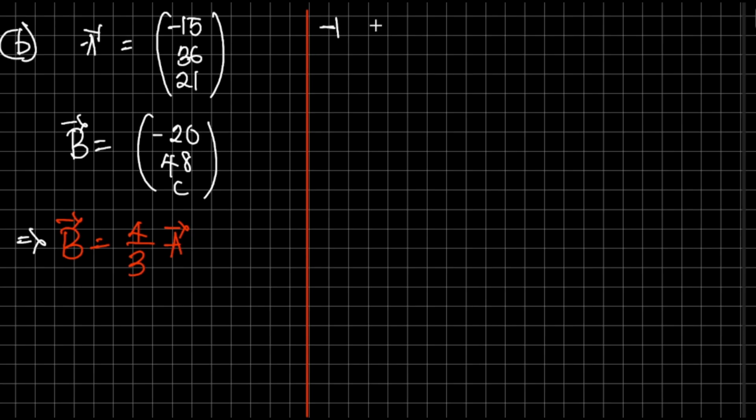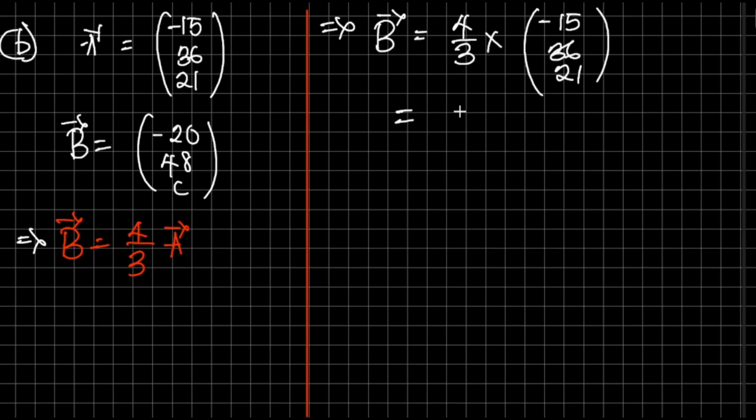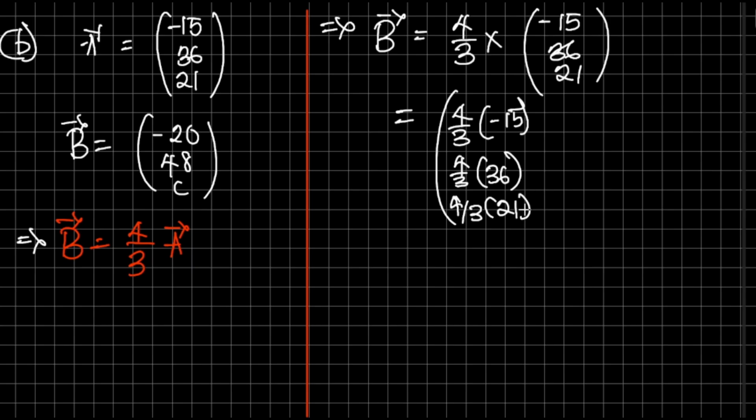It then implies that vector B will be equal to 4 over 3 multiplied by vector A, minus 15, 36, 21, and that will be 4 over 3 multiplied by minus 15, 4 over 3 multiplied by 36, 4 over 3 multiplied by 21,